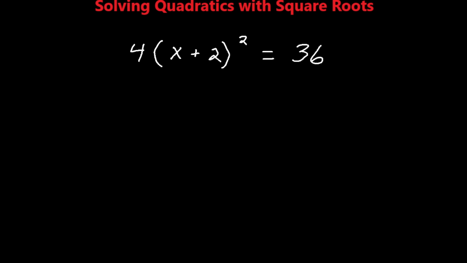In this example, you'll see that this is not necessarily in the form where I can just subtract 36 from both sides and get a quadratic that I can then factor. I would have to distribute, and I would also have to square this term. And it's not just x being squared, but rather x plus 2 being squared. The first thing I want to do is divide both sides by 4. So when I do that, I'm going to get x plus 2 squared